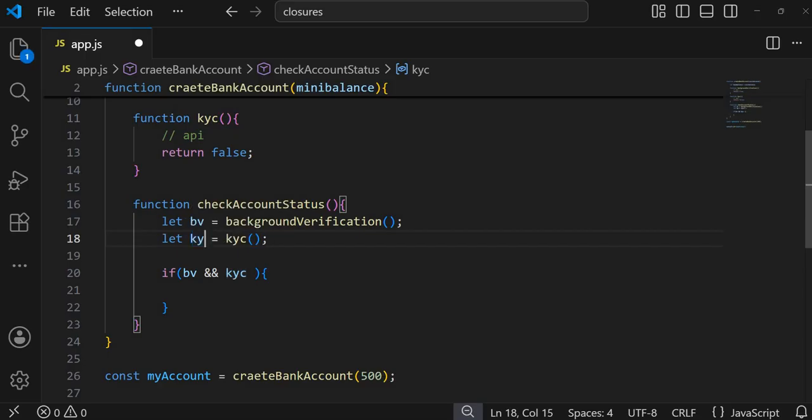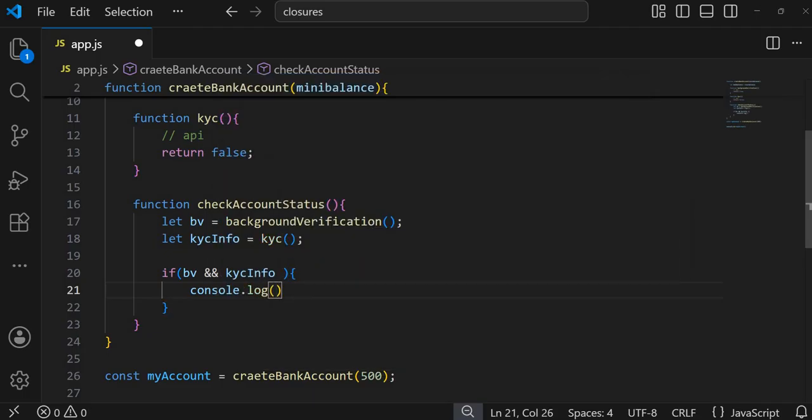Variable KYC info. Sometimes it will create a problem, that's why we should take care of naming convention. So if background verification and KYC info both are true,